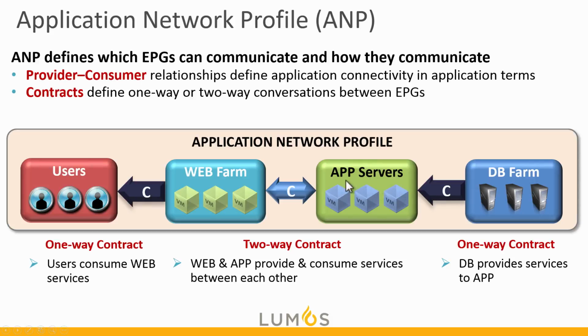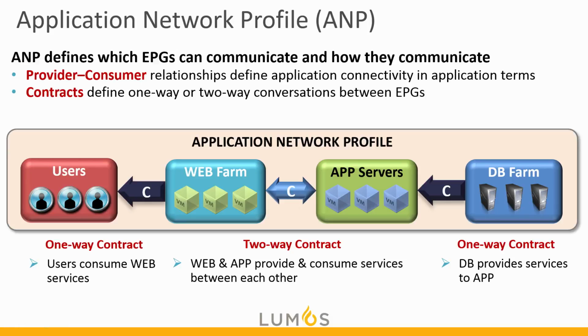The app EPG would, in this example, have two separate one-way contracts, or a two-way contract, if we want to call it that. The app EPG is providing a contract to the web, and the web is providing a contract to the app. Maybe the app is Tomcat and providing 8080 and 8443. The contract might do things like invoke other services. It might just be a simple